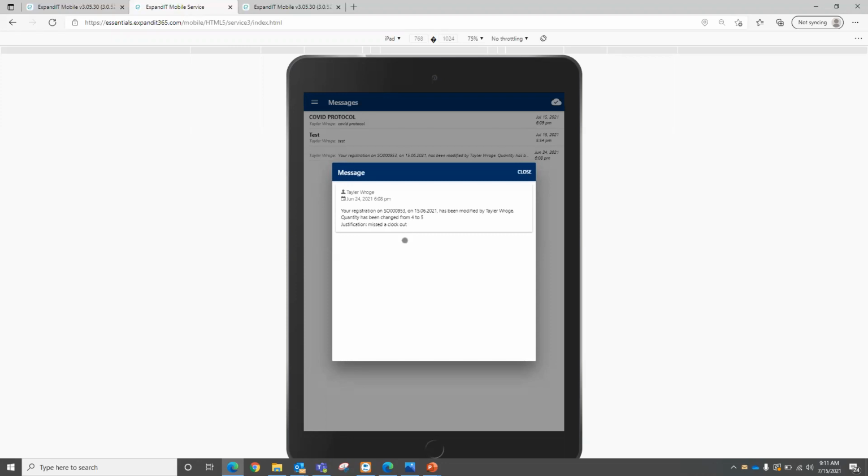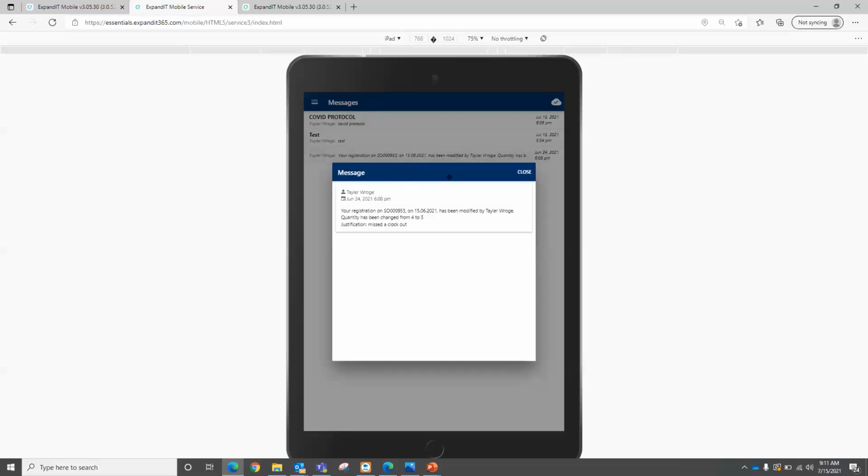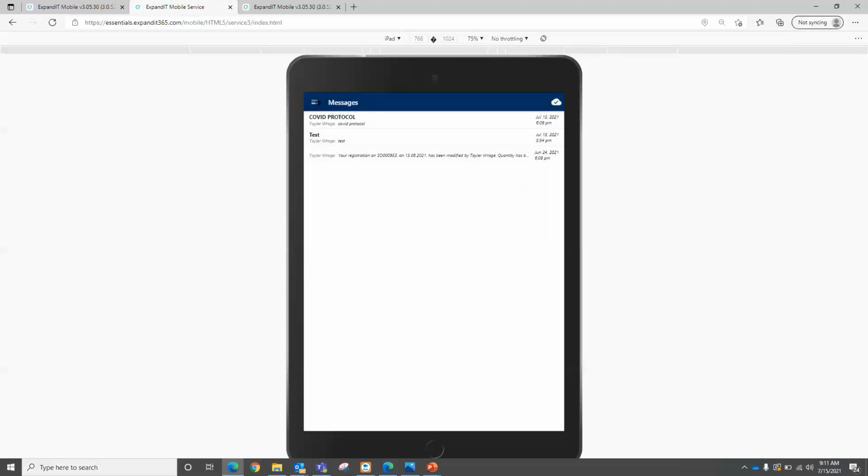So if you're utilizing our time capturing functionality and approvals, if you make any of those adjustments to the lines, it asks for a justification. My justification was missed a clock out. It will actually send the message over to that particular user that you updated. That's really helpful so that they know what's going on, and it keeps all of their messages in one